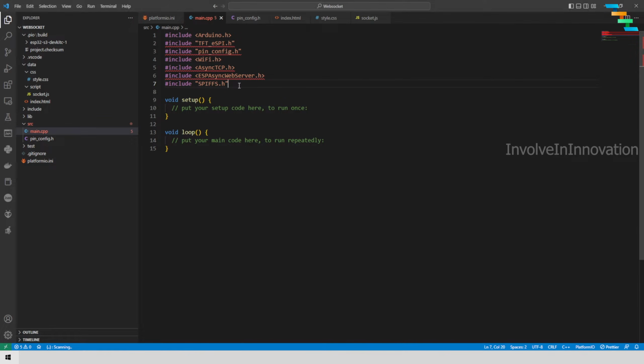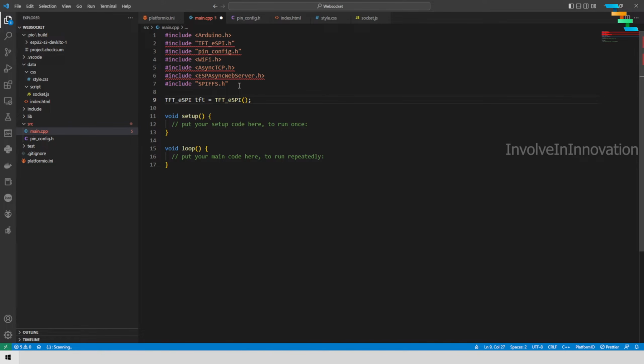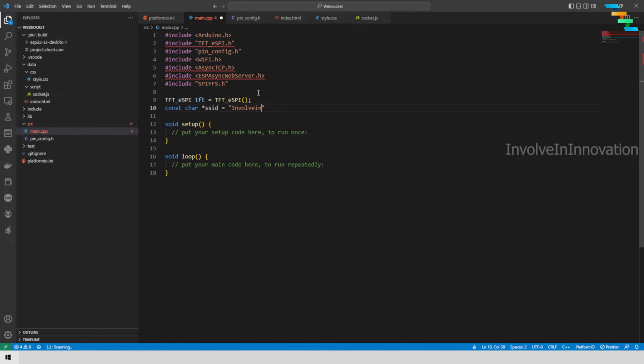First we need to initialize the TFT_eSPI. I have created a new object tft. I need to define the constants. The 2 constants are const char, and here we need to give our ssid. The ssid is the Wi-Fi name, so you need to give your own Wi-Fi connection. Then create another const char for the password, password equal to, I'm just giving my password